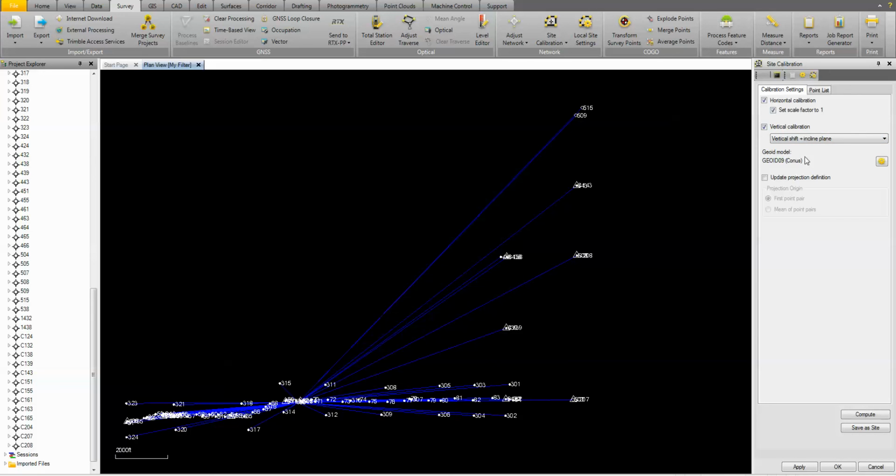So you just need to understand exactly what this option does, and that's the difference between the two, the vertical shift only and the inclined plane. I would select vertical shift only. Then that way you're looking purely at what vertical shift is necessary to fit the number of vertical points that you've selected in your project, and less